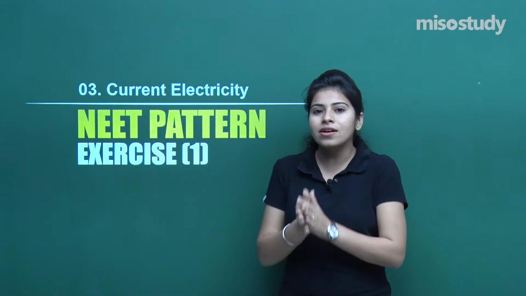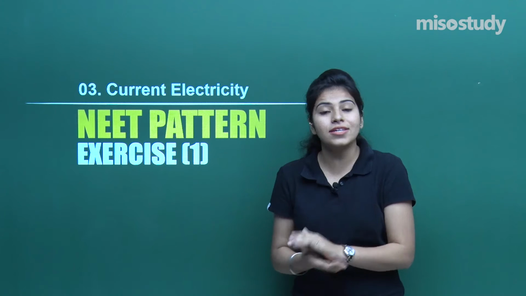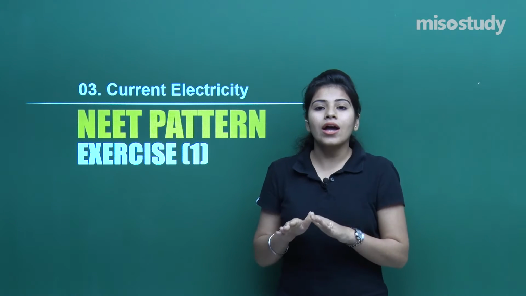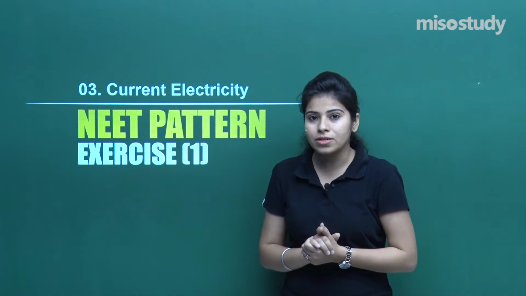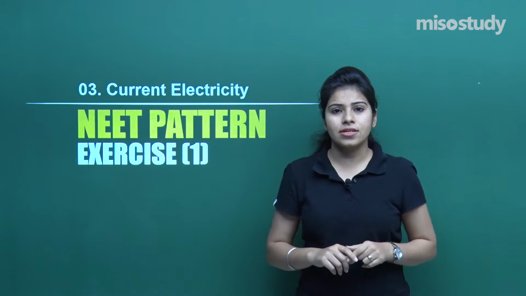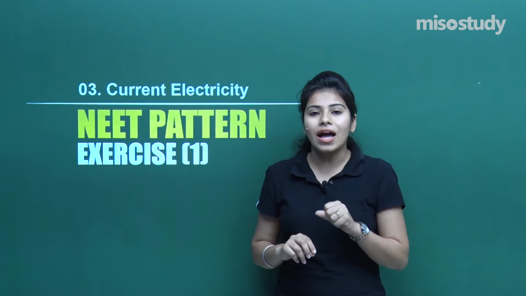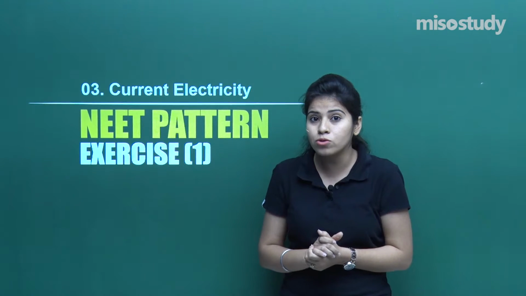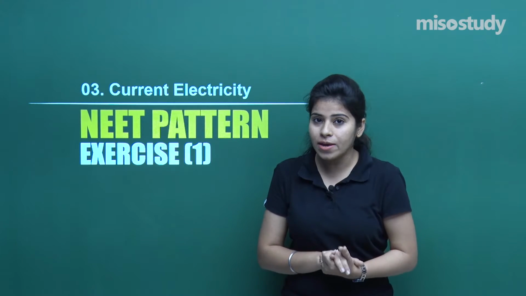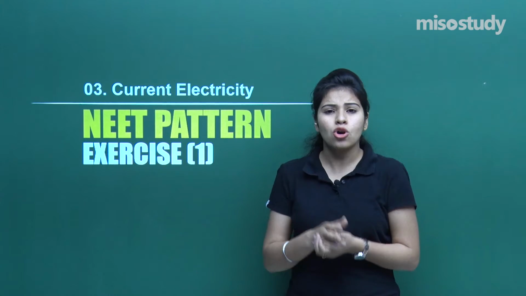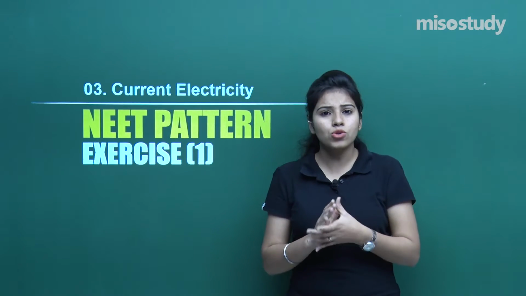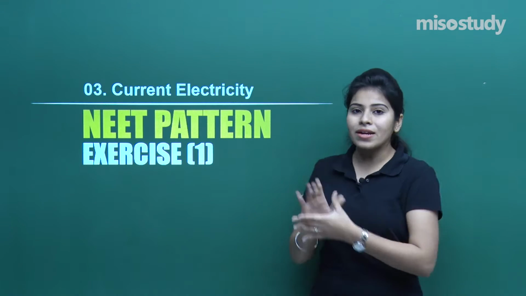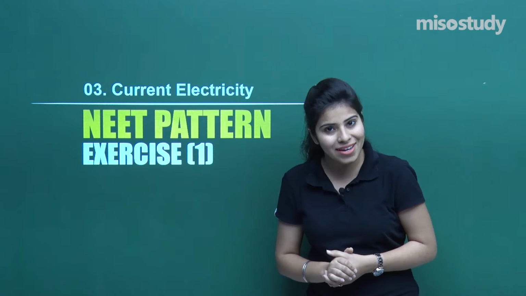Right now we are here to cover questions from the theory that we have covered in the chapter Current Electricity. We are on the verge of completion of this chapter. Before ending the chapter, I think we should do some questions that will test our knowledge, whether we are now able to attempt those questions in IIT JEE Mains, JEE Advanced, NEET or for CBSE. So let us do that, and now we are beginning the session based on NEET pattern questions from the chapter Current Electricity.